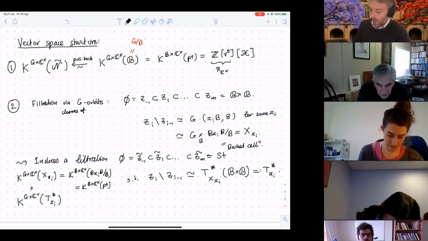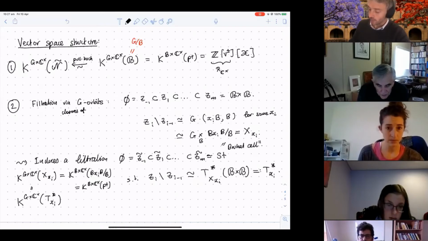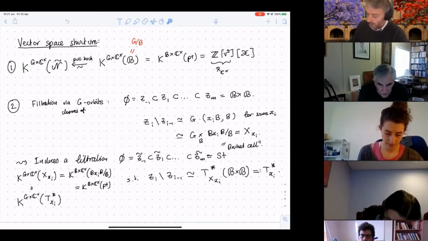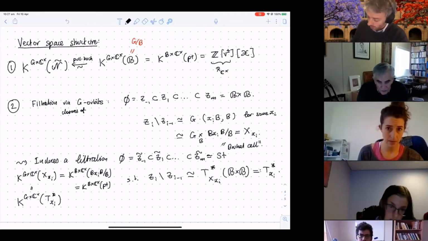And so the moral is that from each of these pieces in this filtration, we get something that looks like this, and then a black box,